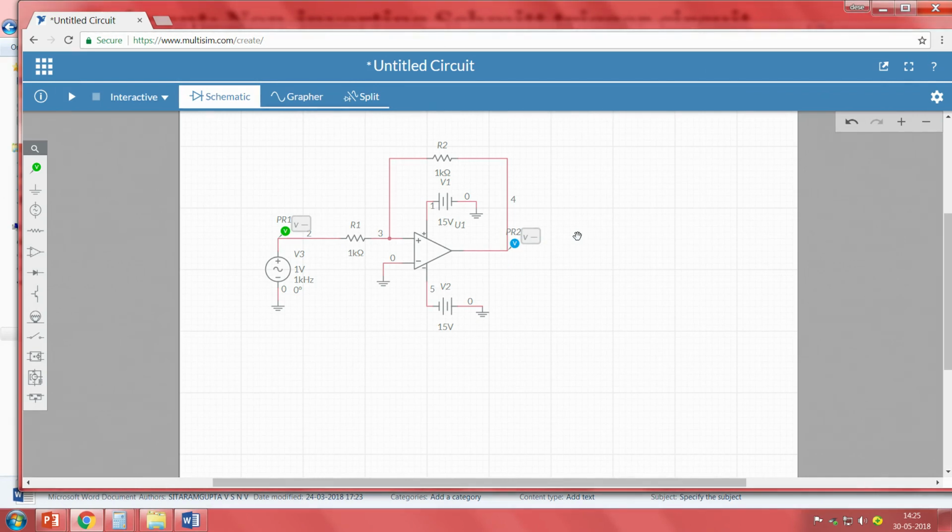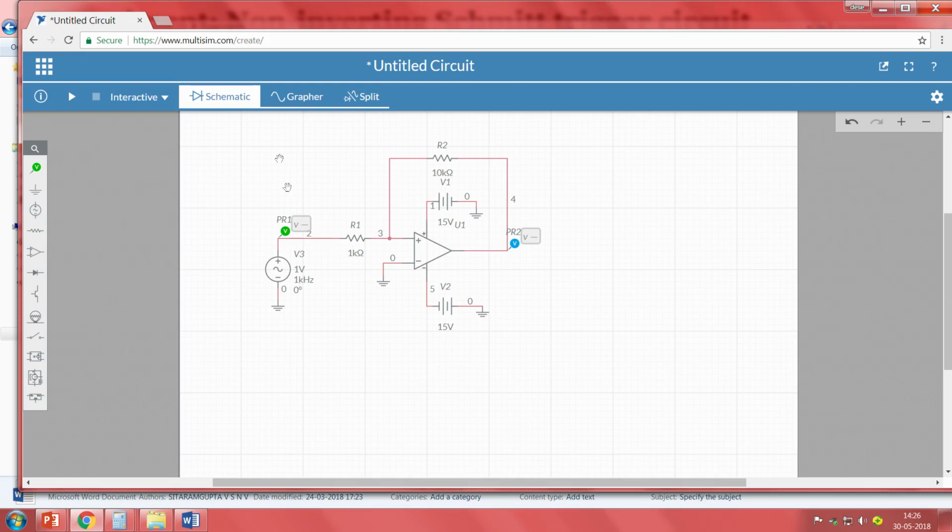Now I have already created the probes wherever I want to see the input and output. Input will be in green and output will be in blue, but is this resistance okay for me? If I use this resistance value, it is nothing but a beta value of 1. So beta into VSS is 15, that is the second case, but right now we will go with the first case. For that I will take R1 as 1 kilo ohm and R2 as 10 kilo ohms. So I will change R2 to 10 kilo ohms, right.